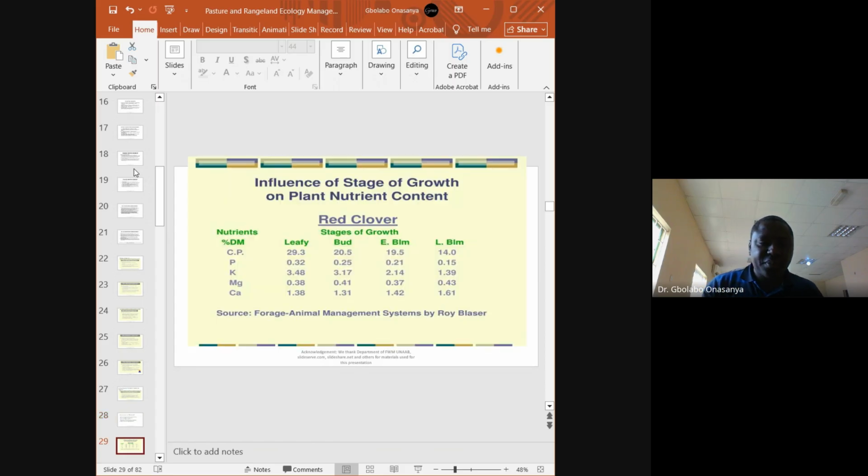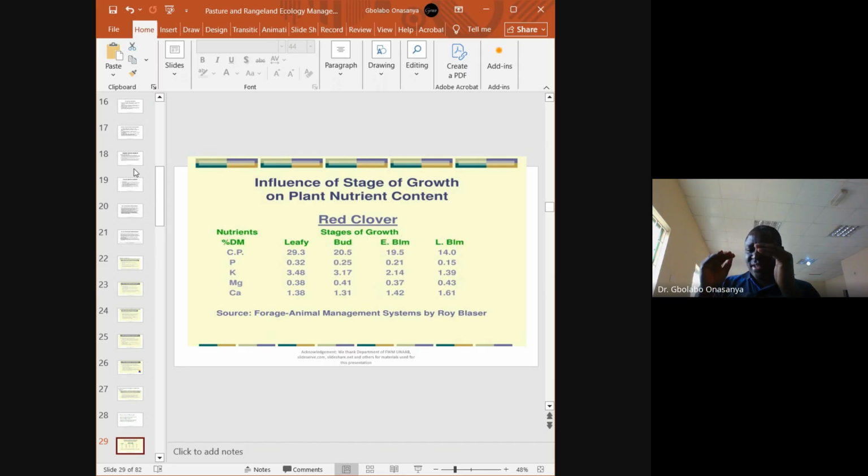Am I speaking sense? Now, influence of different stages of growth of plants on nutrients. As we manage our grazing system, we give allowance, we provide latitude for grasses, forage rejuvenation, forage regrowth, and abundance. So different stages of plant growth require different nutrients. So your understanding of this will make you know if your grasses are at a certain stage.